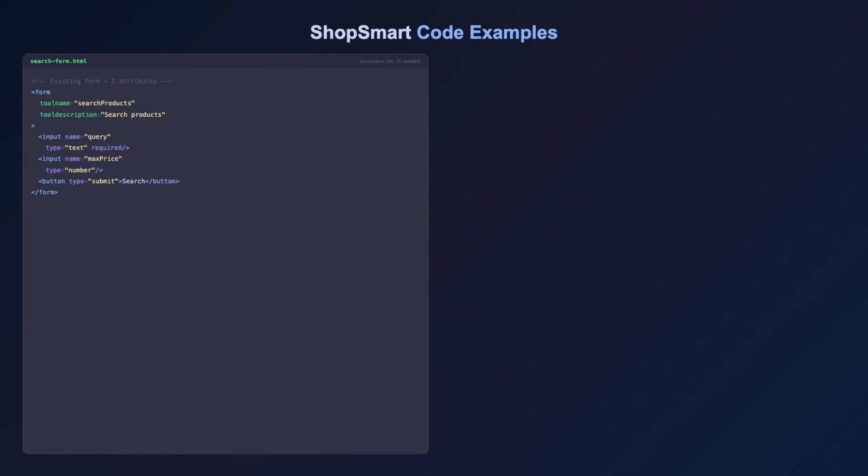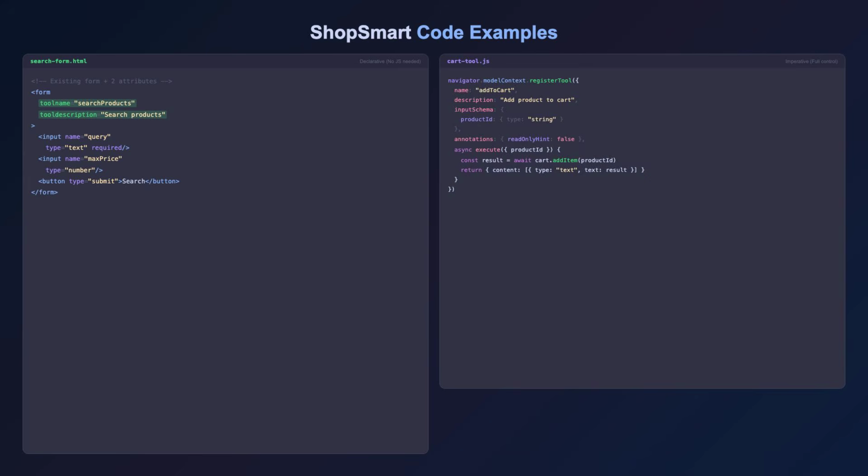Let's look at actual code. I want to show you how ShopSmart would implement WebMCP. First, the declarative HTML approach. Take your existing search form. Add tool name equals search products and tool description equals search the product catalog by keyword and price range. That's literally it. The browser reads the input names, types, required attributes, even validation patterns, and creates the tool schema